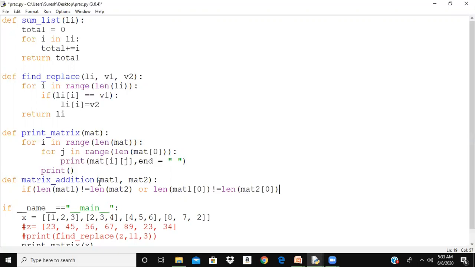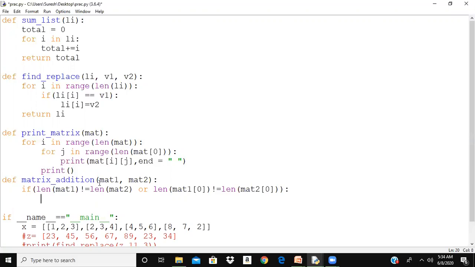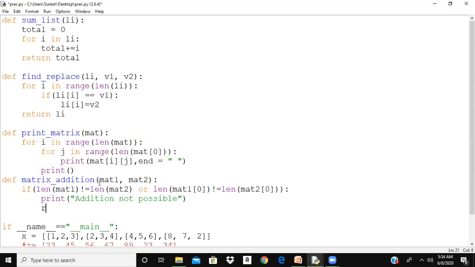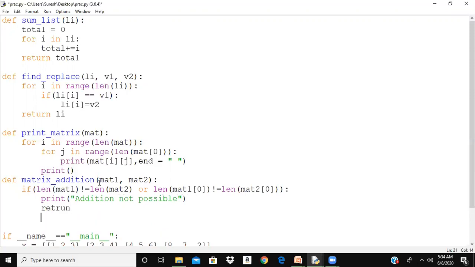Okay, this is about columns. If anything is not equal, simply print addition not possible and come out of the function. To come out of the function, we use return.